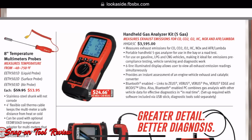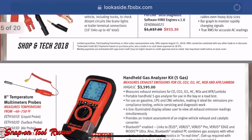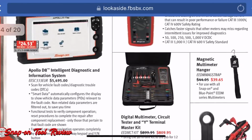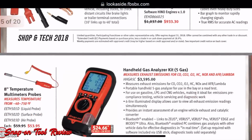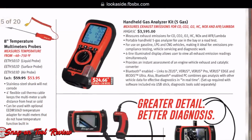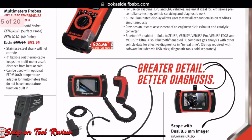Temperature multimeter probes, that's not bad. That's actually a cool idea. That's great. You just put that into your multimeter. Or does that go into the analyzer? I'm not entirely sure. Anyway,